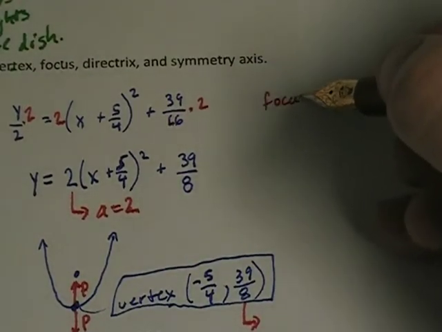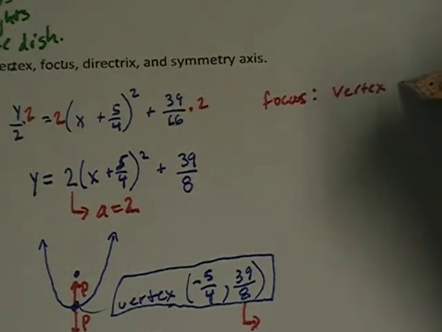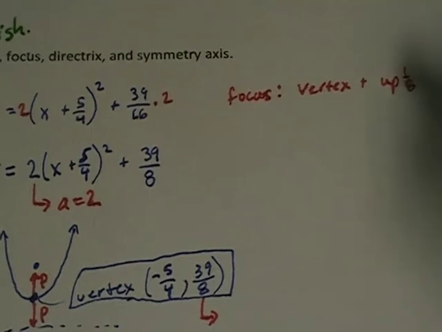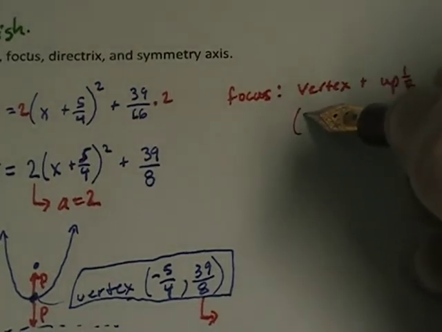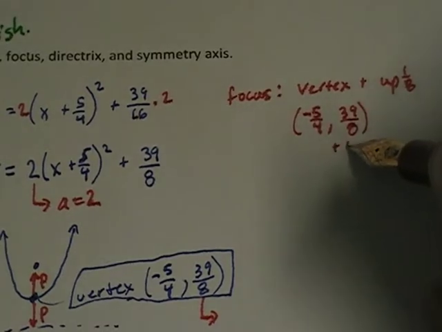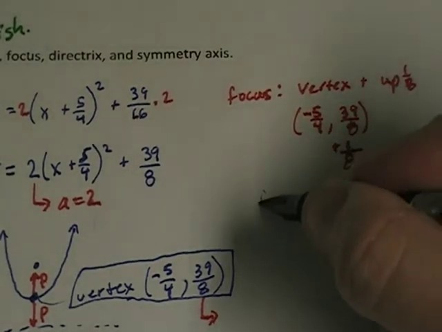The focus is going to be the vertex plus up 1/8. So negative 5/4, comma, 39/8, and I'm going to add 1/8 to the y value, and that gets me a focus